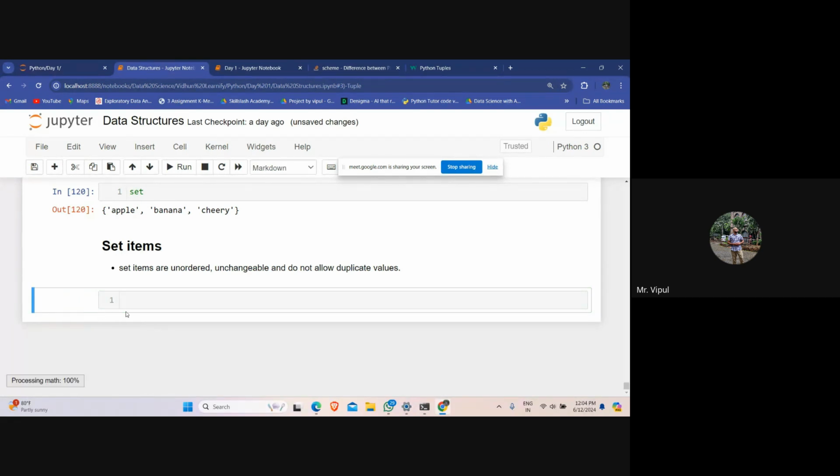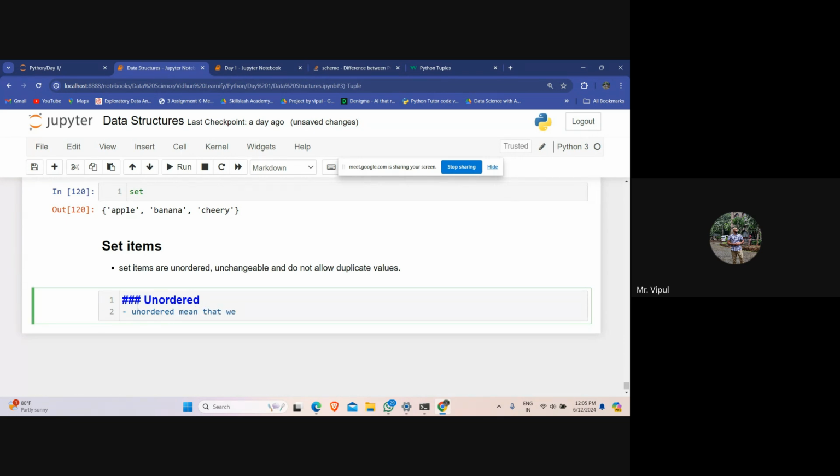We'll see this. Unordered means that the items in the set do not have a defined order.